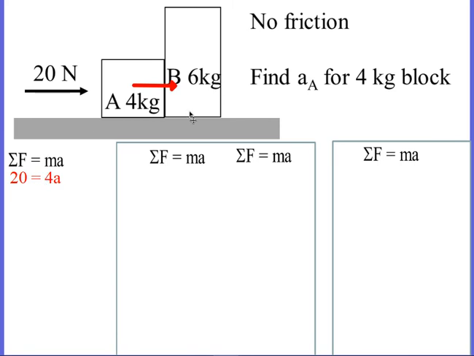Also on object A, in addition to the 20 newton push, there was the gravitational force of the Earth pulling it down, and there was the normal force from the surface pushing up. Those two are in equilibrium, so there is no acceleration up and down. The acceleration is going to be to the right,